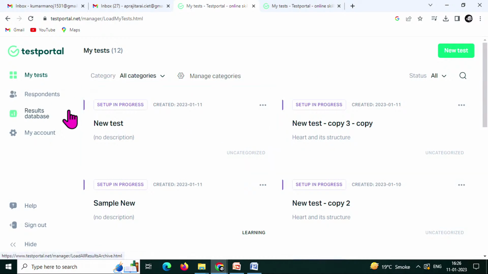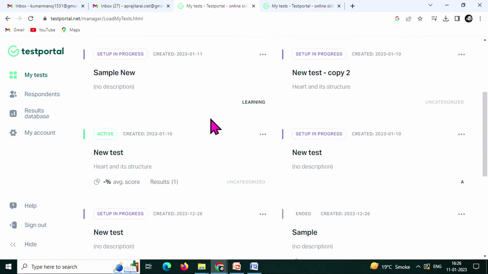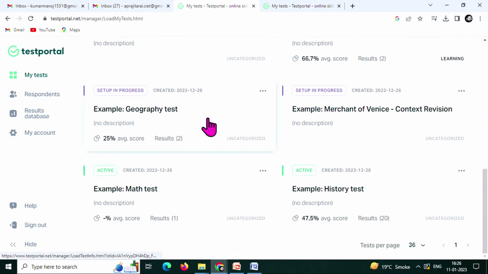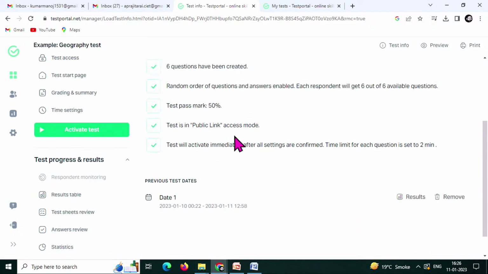Now in this particular portal you can see there is My Tests. These are categories developed by you. For example, today I have created this category, science. I can create a category like mathematics, or any other topic. Apart from that, there are some samples, some tests. If you remember in my presentation, I talked about examples. So here we have some prior examples which this portal provides us free of cost. For example, if I activate a test,